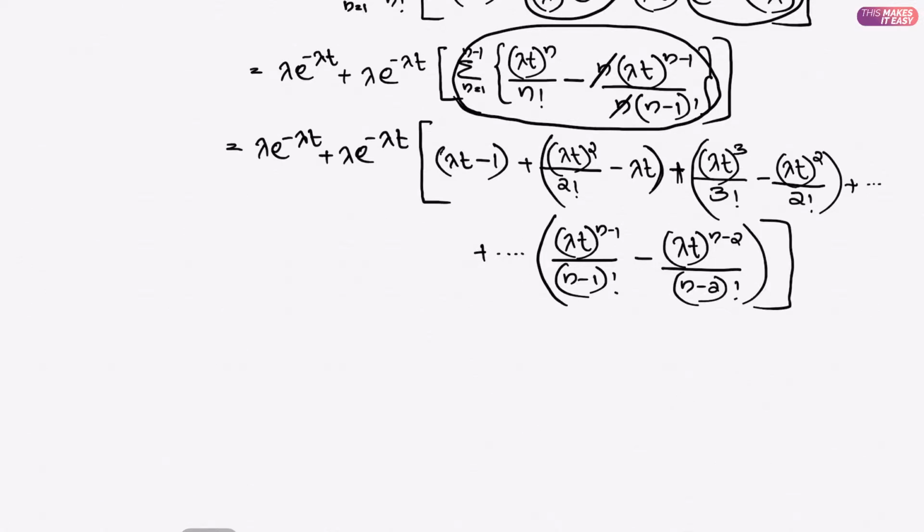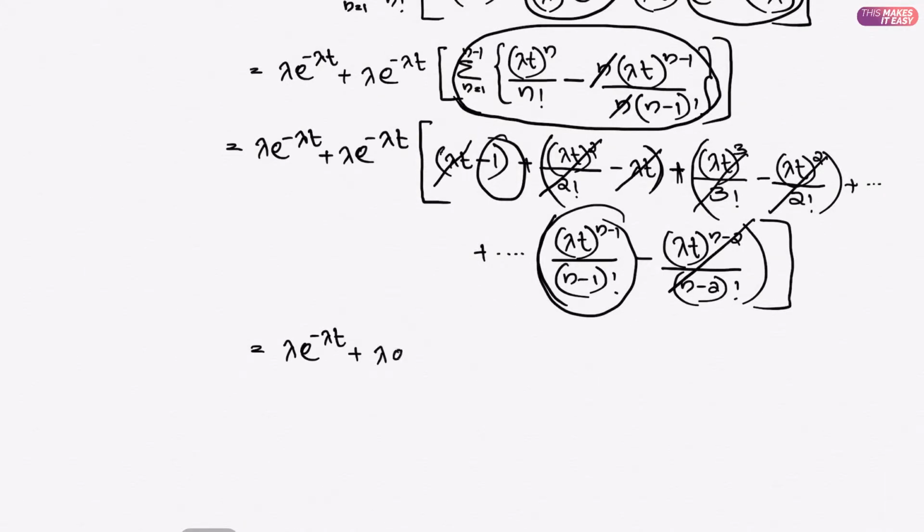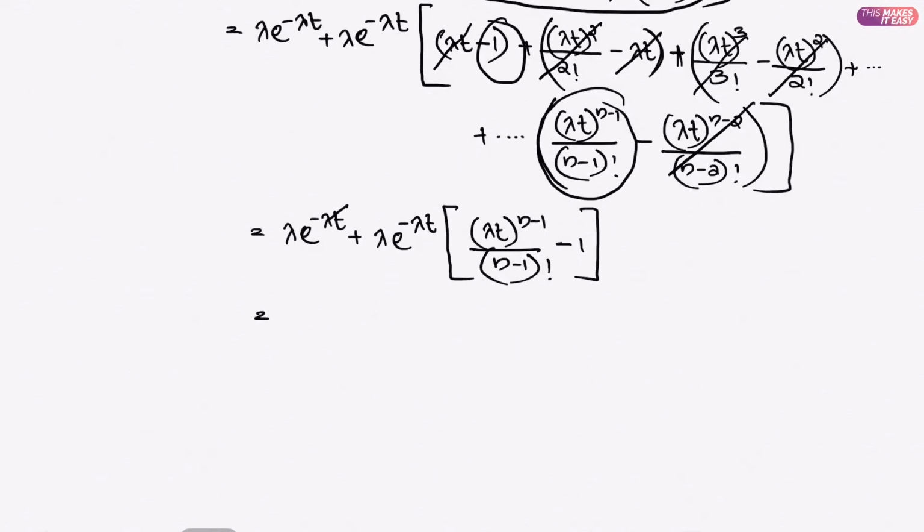So we can cancel many terms in this. I can cancel this both. I can cancel this both. So all these middle values will be cancelled out, but we will be left with these two terms. So we can rewrite this equation as minus 1. So we can cancel this and this. So we will be left with